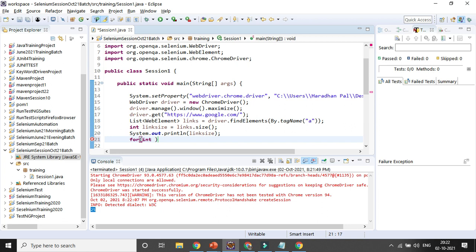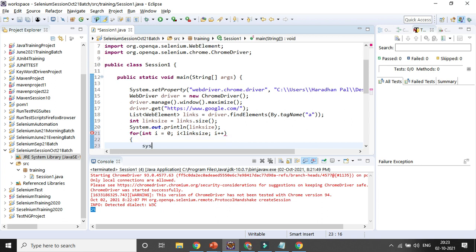This is the syntax for the loop: int, I need to declare an integer variable i equal to 0, and semicolons need to be given. i less than size, that is the link size, and i plus plus, that is the syntax of the loop. Then I need to print with SYSO for every iteration.